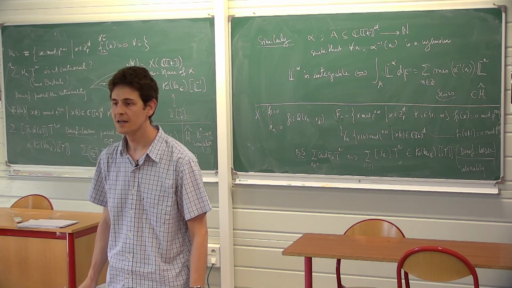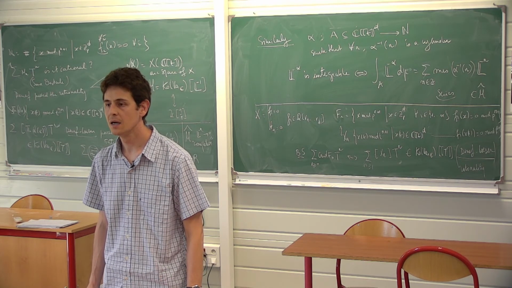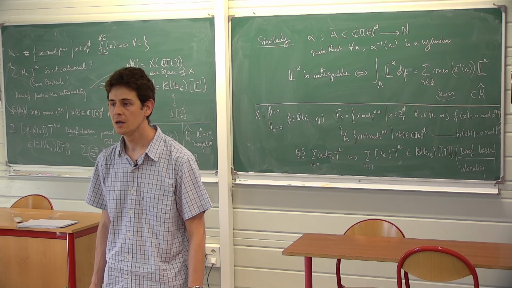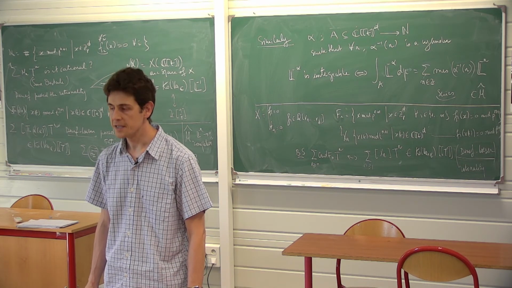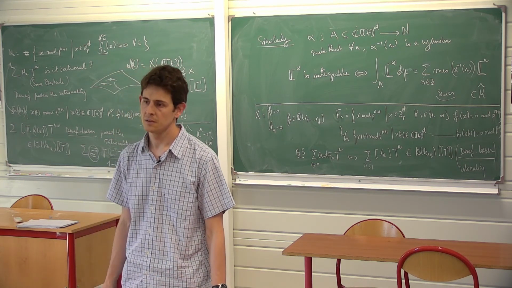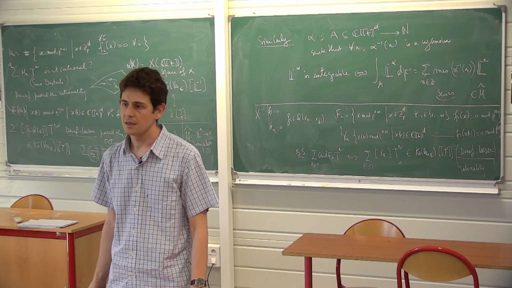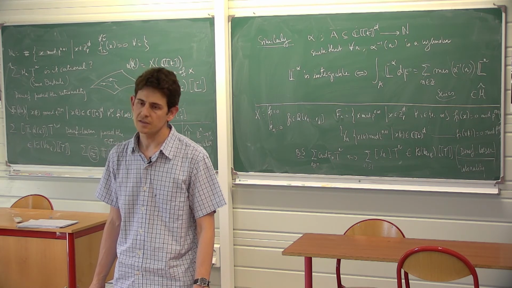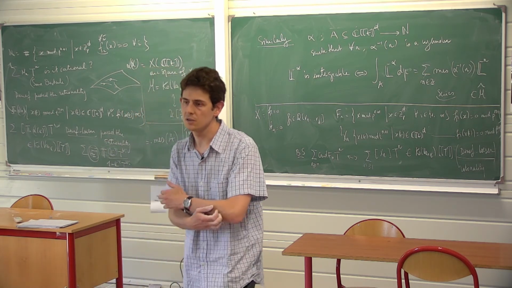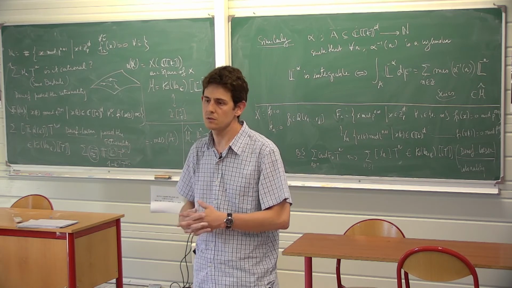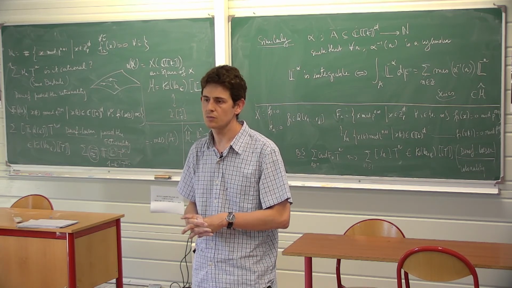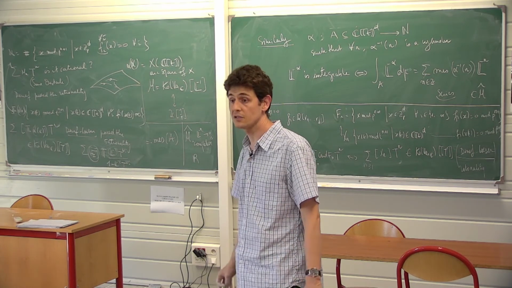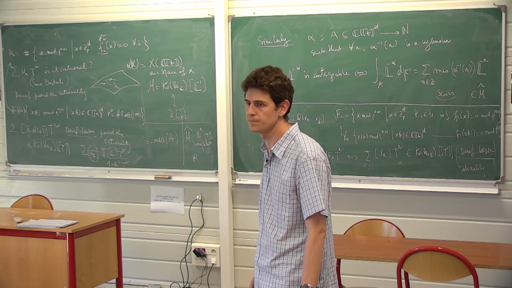When you use a resolution of singularities to reduce to the normal crossing case, you need to increase your field. Yeah, for Q_p, yes. Yeah, we can do that. Yeah, at some point you have to increase your field, but it's not a problem. Okay, for the complex case, you don't have this kind of situation. Yeah.